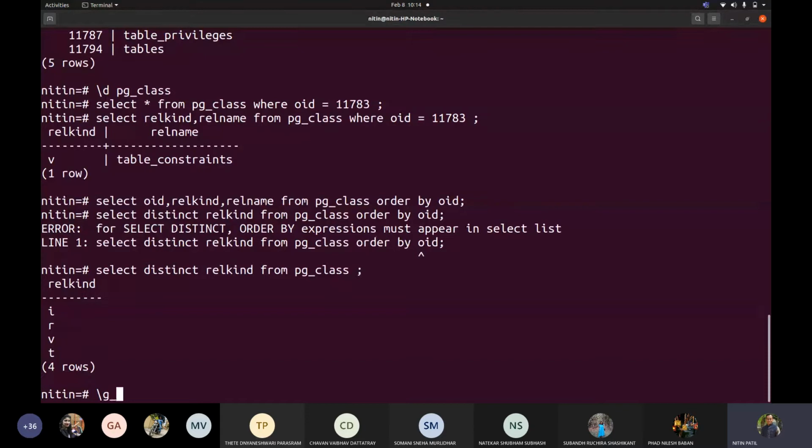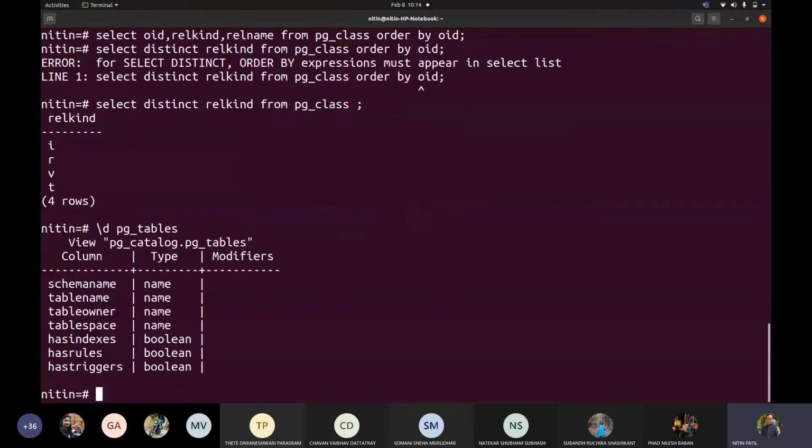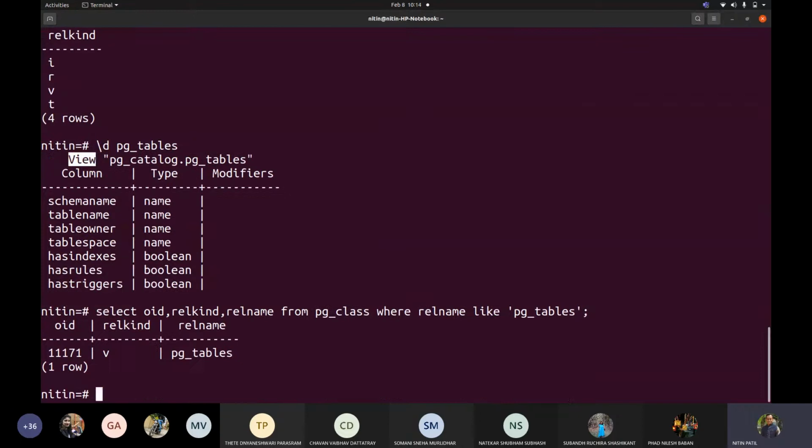Now if we recall, we said that there is a table called PG tables. So this is a view, which is added internally. If I try to see now this, rel kind, where rel name like PG tables.